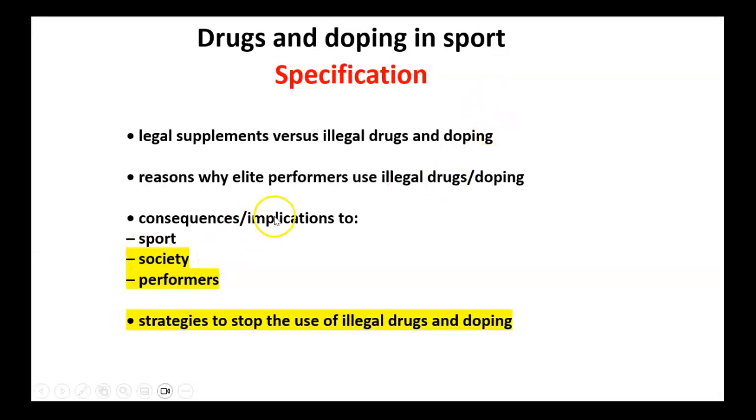Okay, down to here, we had a look at the consequences of taking illegal performance-enhancing drugs on sport. So the sport of cycling, we used the golden triangle, and we looked at the negative effects as a result of that. Now, next screencast, we will have a look at the impacts of illegal performance-enhancing drugs on society. Then we'll have a look at the impact on performers. Finally, we'll have a look at what strategies are used to try and stop illegal performance-enhancing